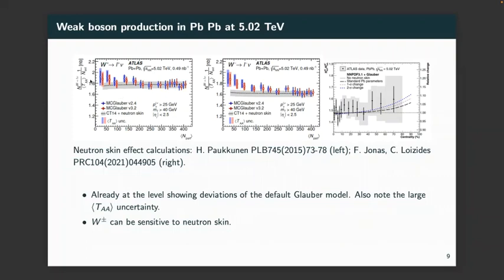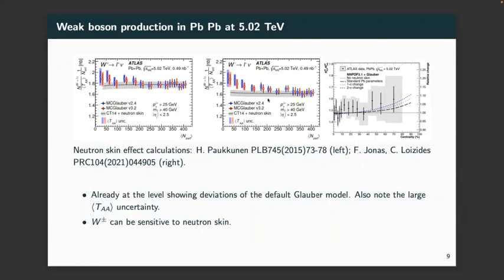Here again, you scale the expectation by the number of binary collisions, and then you introduce the distribution differences of neutrons and protons, and you start to see tiny differences between the shape of W plus and minus in peripheral collisions. So in very peripheral collisions, essentially you have slightly more neutron collisions, and that can change the relative yield of